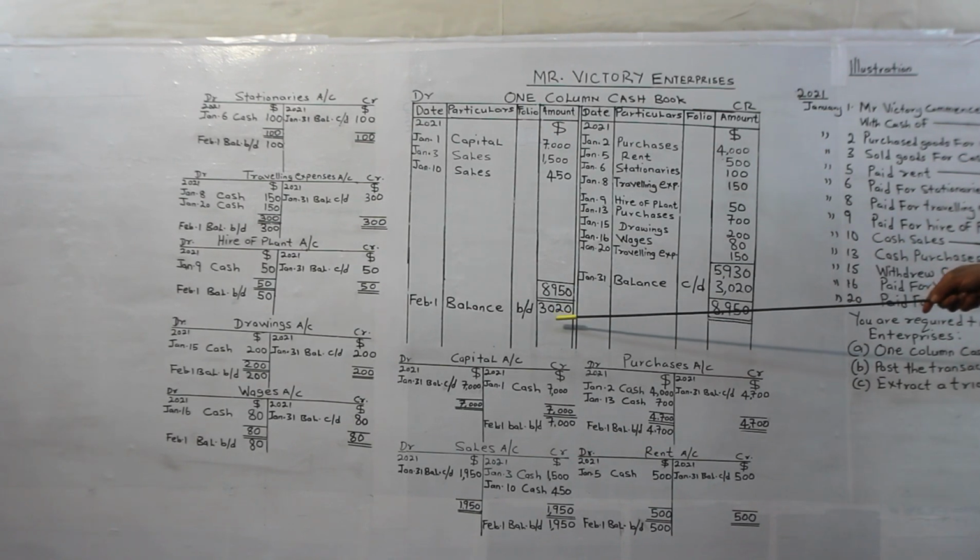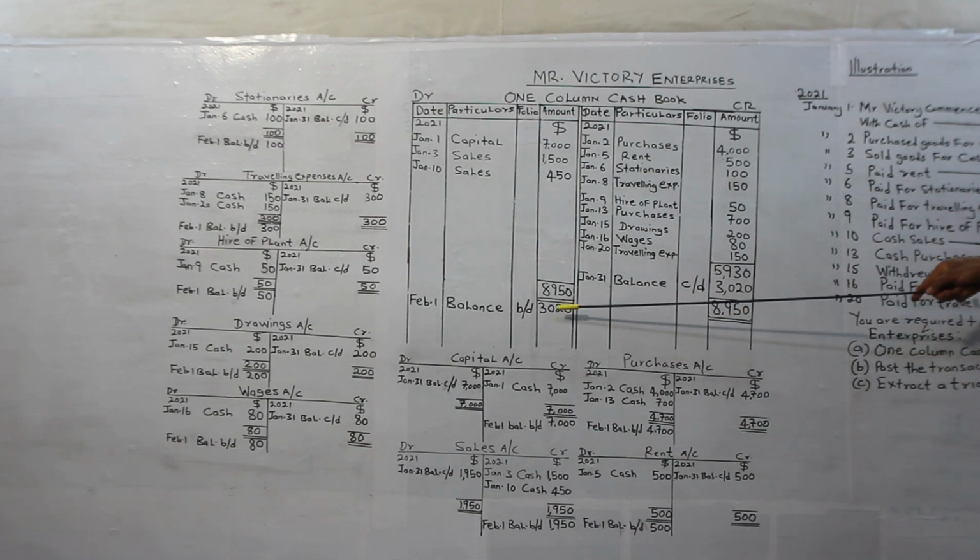It means that Mr. Victory Enterprises spent $5,930 out of $8,950 received. Therefore, at the end of the period, it is only $3,020 that can be declared as the amount